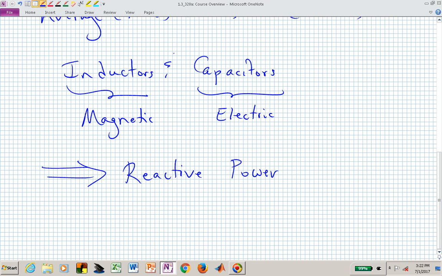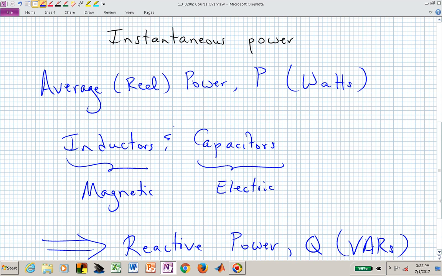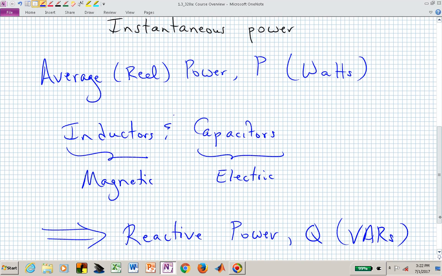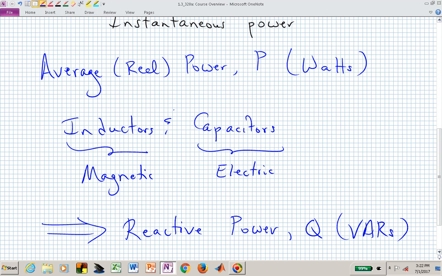We now have reactive power, which we denote as Q, and it will be given the units of volt amperes reactive so that we can distinguish it from the watts of the useful power, that is the real power